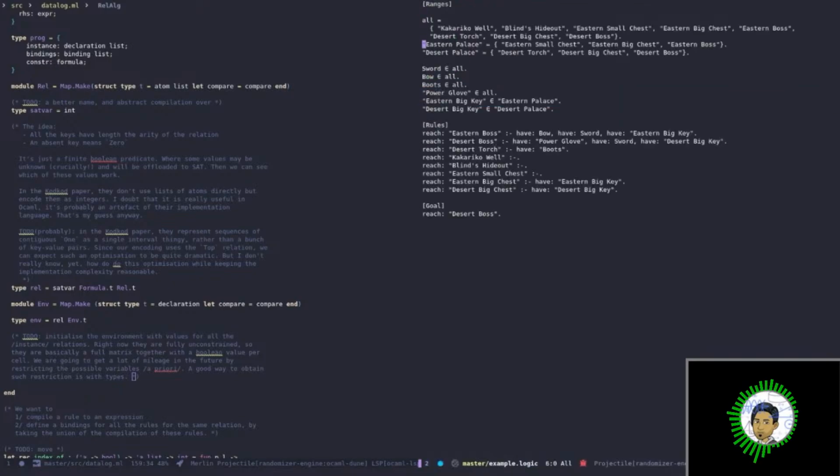Right here. So here you have this sort of ranges. You say, oh, the power glove is in one of these. I guess these could be a priori because you can kind of see that there are connections. Like you can already see from the get-go that I'm not going to assign the B key outside of Eastern Palace, and therefore all these things can be used as restrictions. I think there's something like this in Coq and Alloy where you just define sort of constraints on the ranges. And I think we might just understand these,